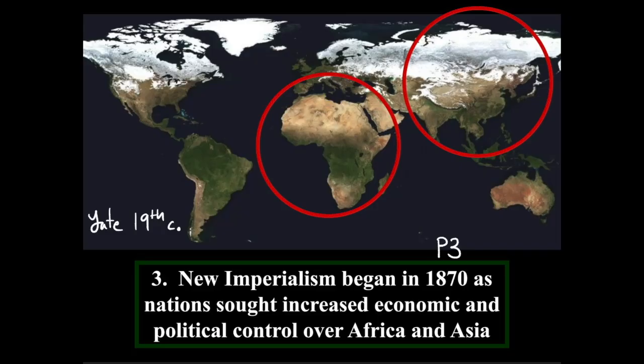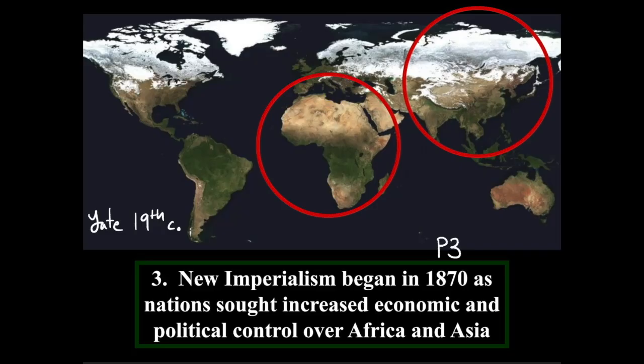So Britain can't demand cash crops from the United States because it's no longer a colony. Spain can't demand resources from its former colonies in Latin America. Portugal can't claim cash crops from Brazil, okay, because they've established their independence from the mother countries. And so, in the search for natural resources and a captive market, that's going to shift the goal of imperialism away from the New World and back to the Old World, namely in Africa and in Asia.